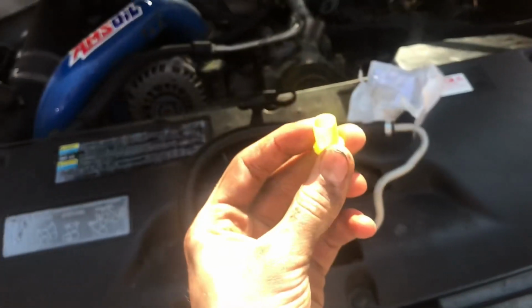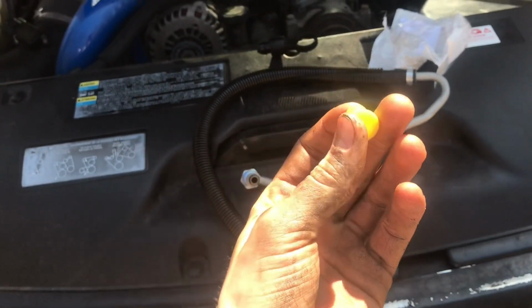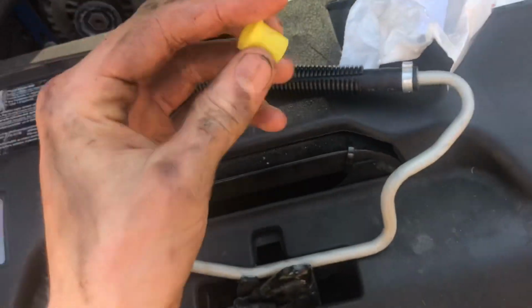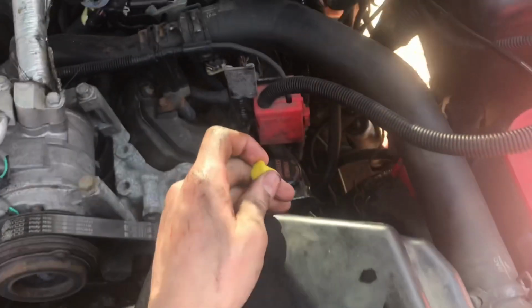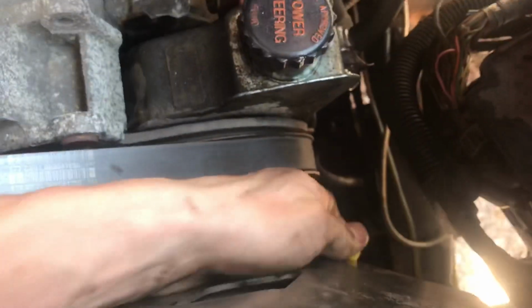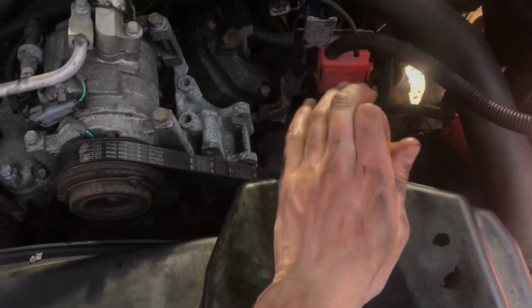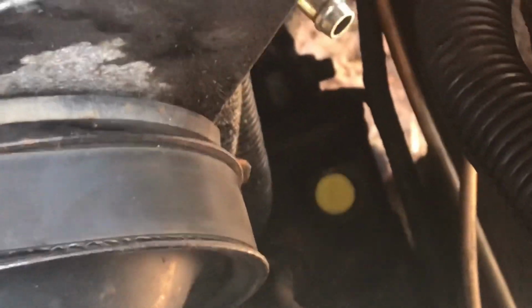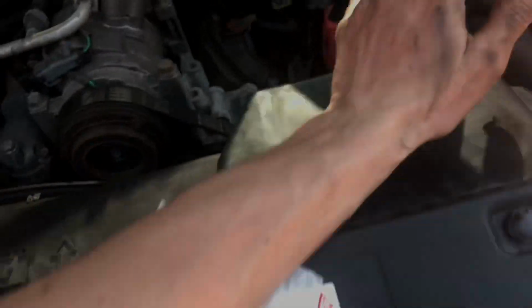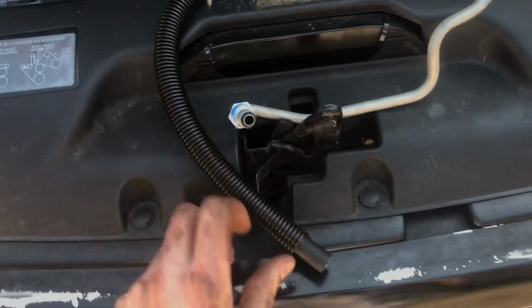So, alright, second thing we have here is just a little plastic cap. This is just preference, whether you want to do it or not, which I'm going to do just to be safe. You go down here and you just put it in the open hole down here. Let's see if we can get a good view. So we got the open hole down there. And then when we're feeding that new line through, we just want to make sure that we're not getting any gunk down in that motor to mess it up. So we're just going to put this cap in there. It just sits right in there like that, protects the hole from any gunk or anything going down in there. Pretty simple. We got our seal on there,